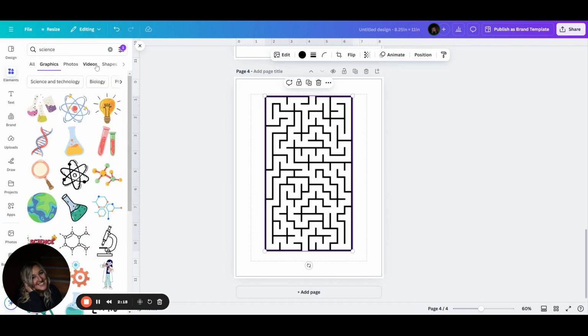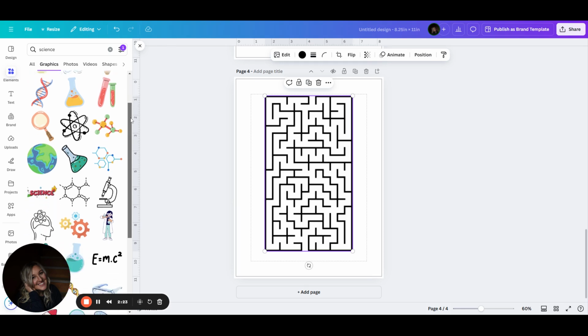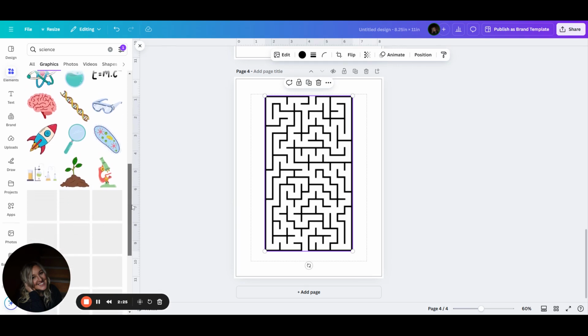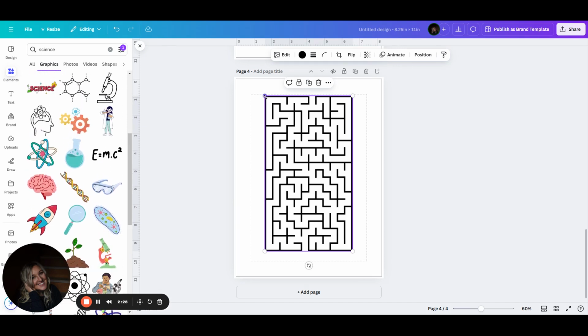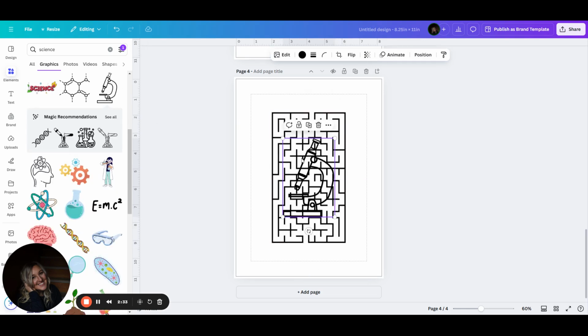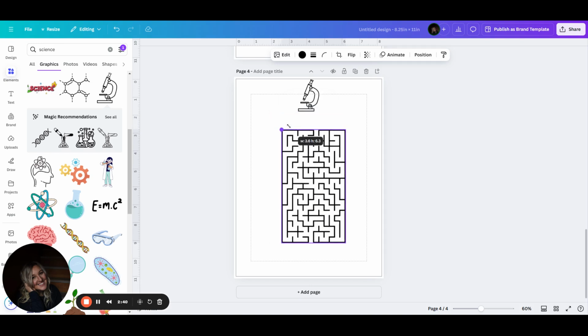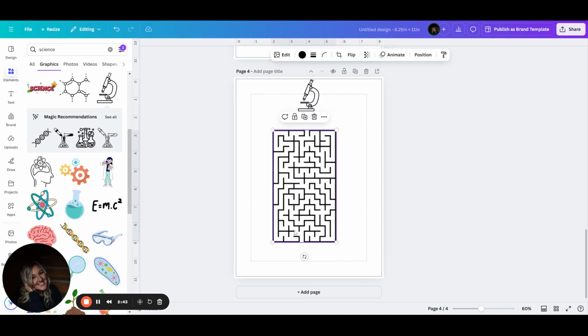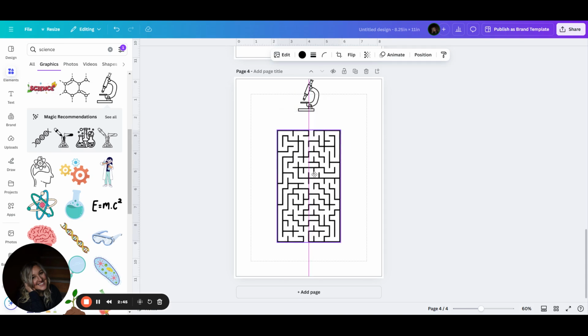Now that we have a basic maze set up, let's type in the word science, and we're still filtered under free. We are going to look for black and white. Let's pull this one out. We're going to use multiple free elements in our book. I almost want to turn that horizontal. Okay, and so this book is going to be